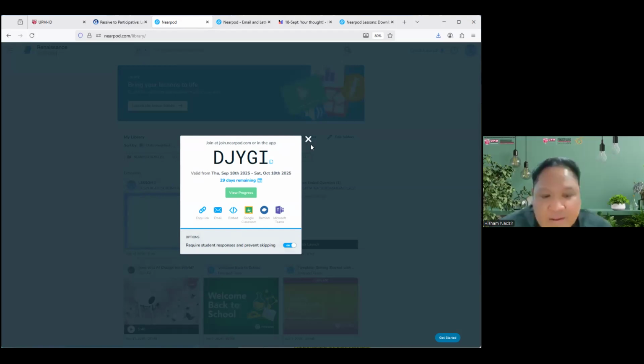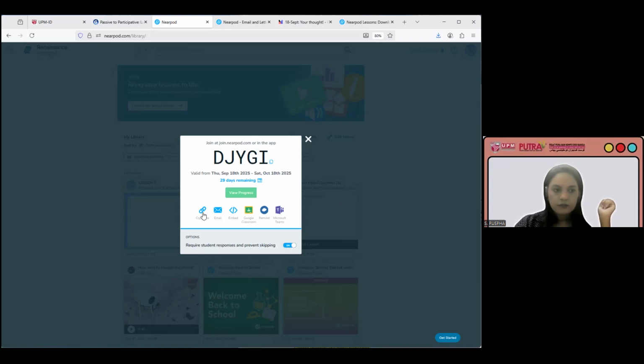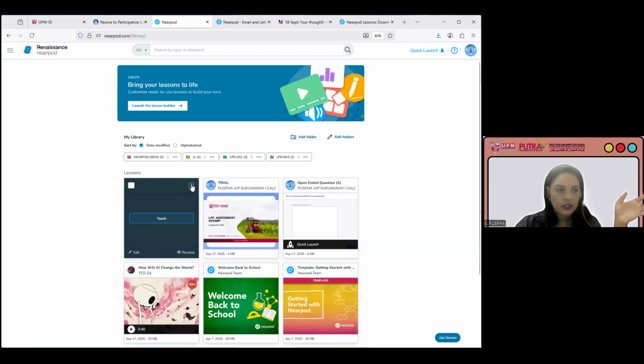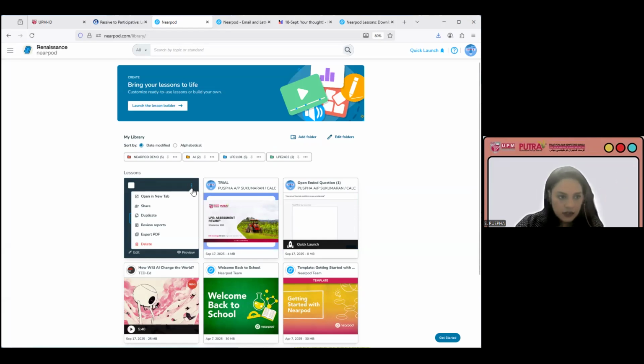As for embedding into Putra Blast, you can click the URL or the embed option, right? So you can paste the link in Putra Blast, or you can just use the embed code. Another way, like earlier you saw in my slide, I had the Nearpod embedded, right? So I can click on these three dots here and click share